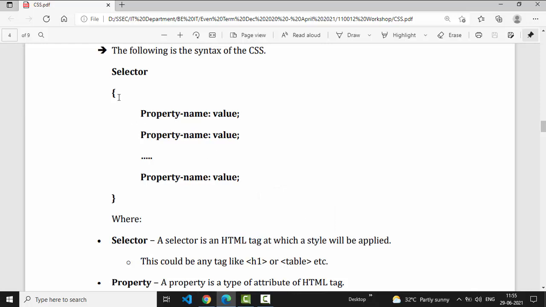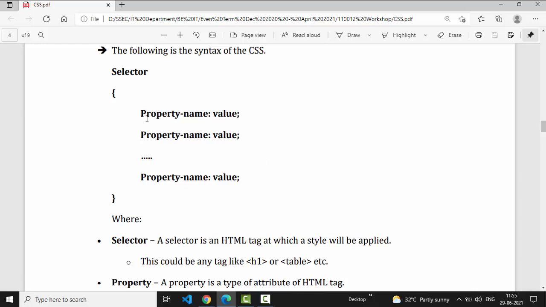After writing the name of the selector, you have to write open and close curly braces, and in between that you have to define the property name, colon, and value, and after the value you have to put a semicolon. So this is the syntax.